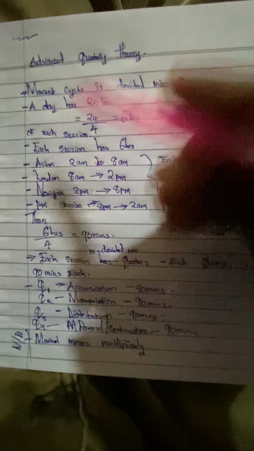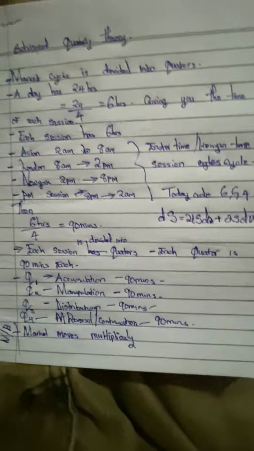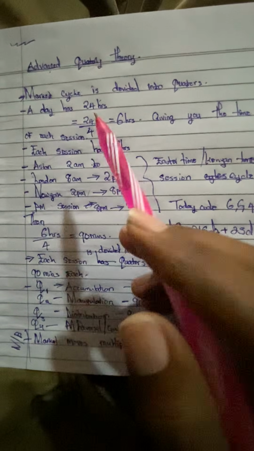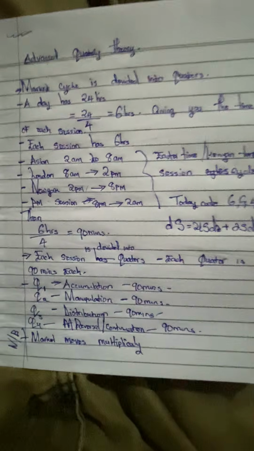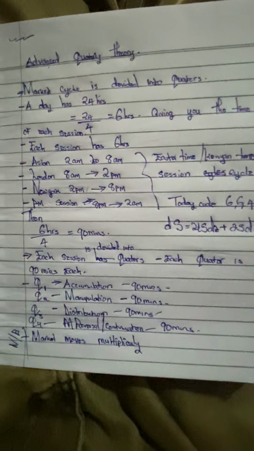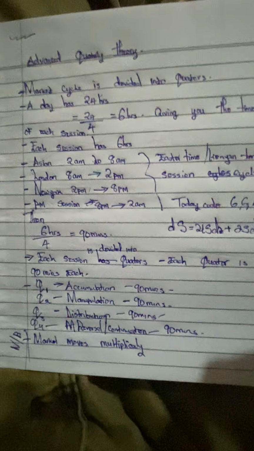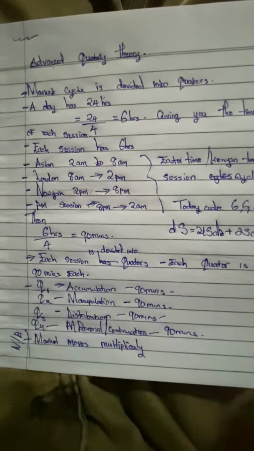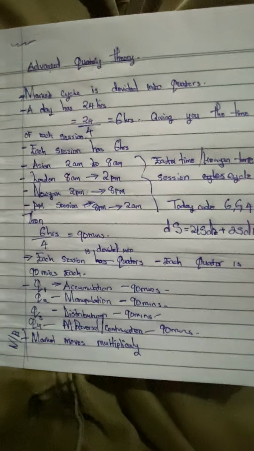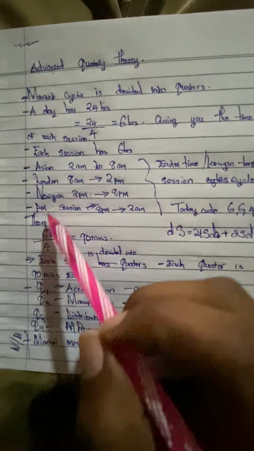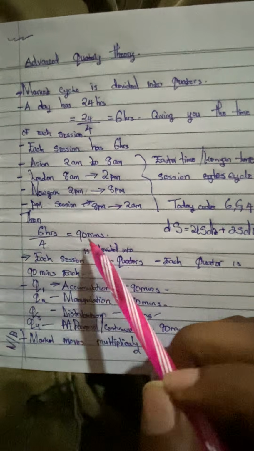Now, did you see something like session overlap there? No. Continue trading that. Now, each session has 6 hours. Then we dive deeper. If each session has 6 hours, we divide it by 4 to get the quarters of each session. After you take 6 hours and divide by 4, you'll get 90 minutes.